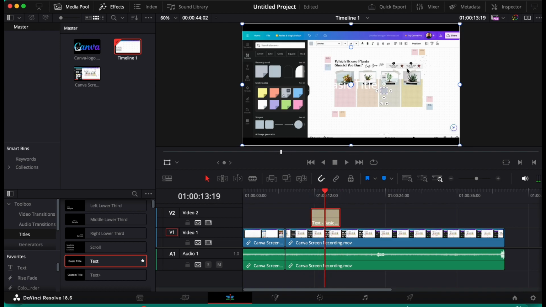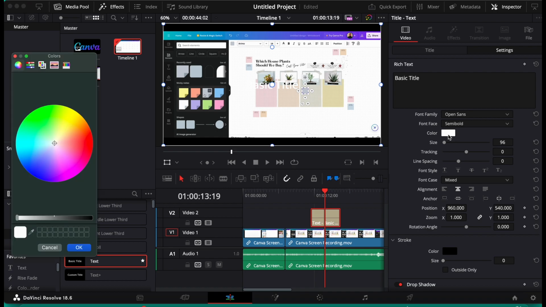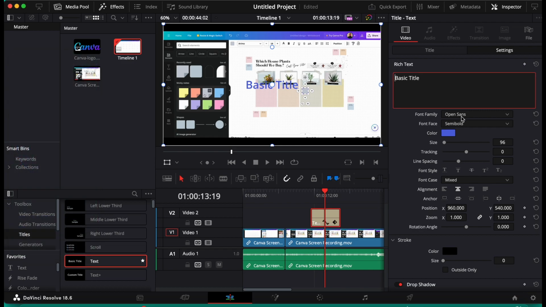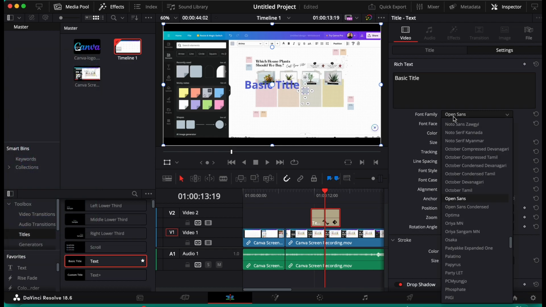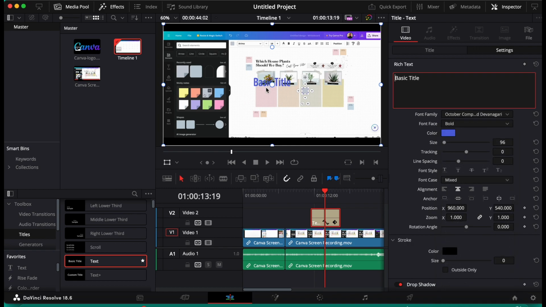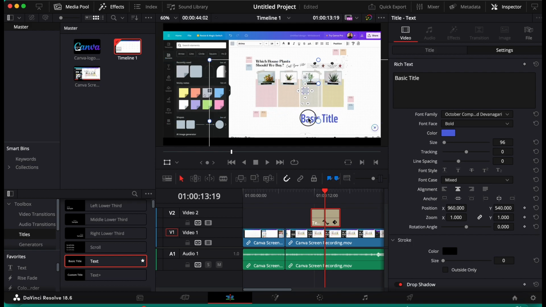I'm going to go ahead and change the color of this so we can see it a bit better. You can do that by clicking Inspector, and then I will change the color. Let's just change it to like a Canva color. I'm going to use this color picker, and I'm going to click on this Canva color. Okay, and I'll click OK. I can change the font. I'm going to make this font, let's make it this one,